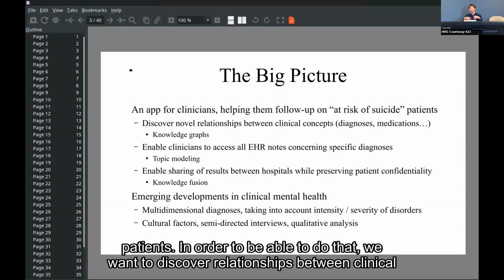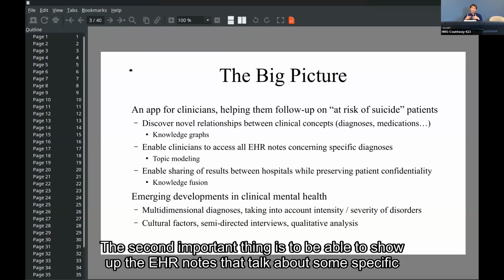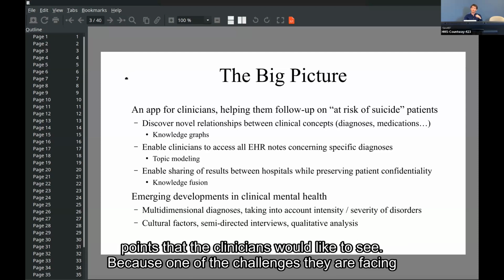In order to be able to do that, we want to discover relationships between clinical concepts. Our data is electronic health records. We want to do knowledge graphs, basically. A second important thing is to be able to show up the EHR notes that talk about some specific points